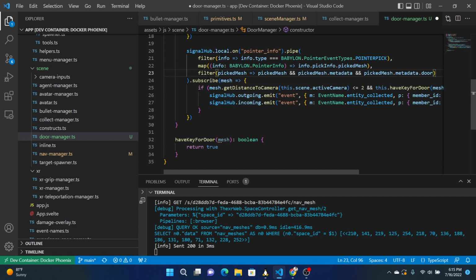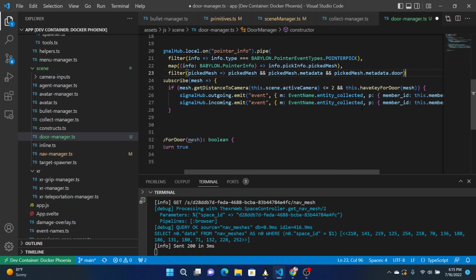And if all that's true, it'll come through here, and the distance to the camera is less than 2, and